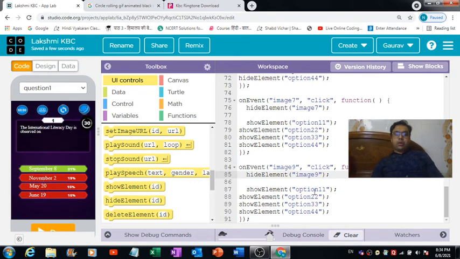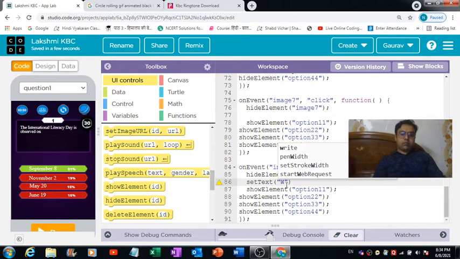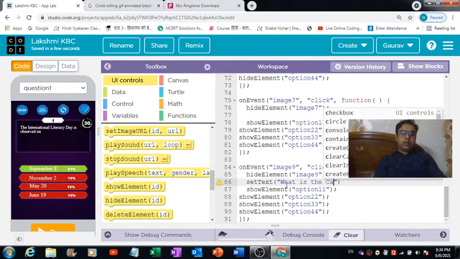So what we can do, we can make use of this set text property, and we can simply write down some other question with which we would like the question which is initially visible to the user to be replaced. So what is the capital of Gujarat? That's what I would like to ask the user.